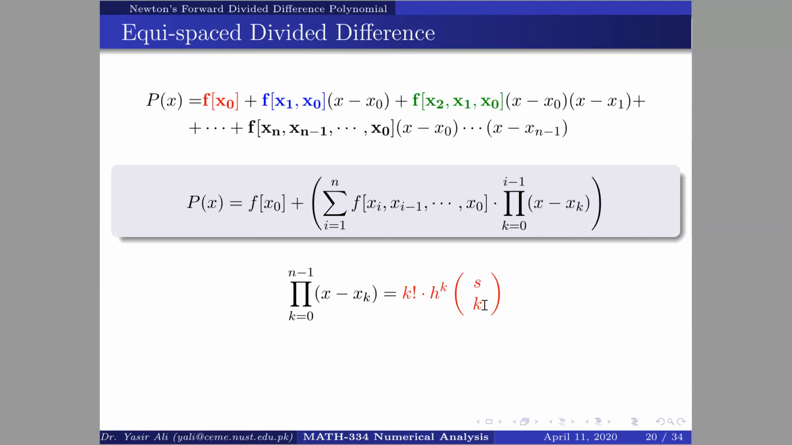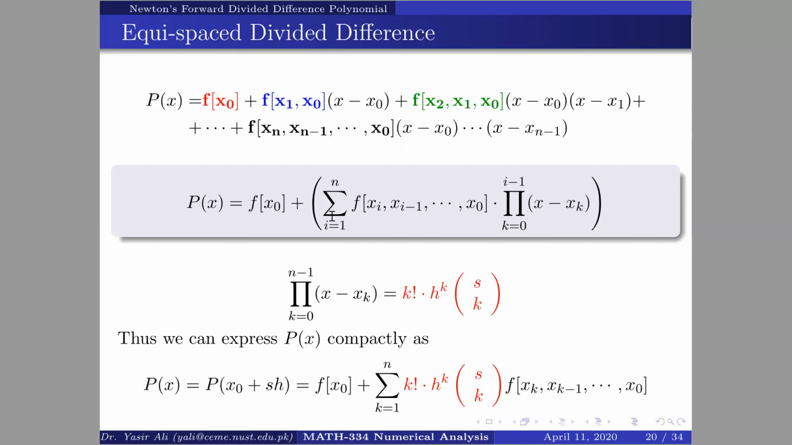So if I use this in the above Newton divided difference polynomial, then the things become like this. Just using the value of the product terms here, it will eliminate all the x values, and it will depend upon s and h only. Now what to do with this term? So here we will use the